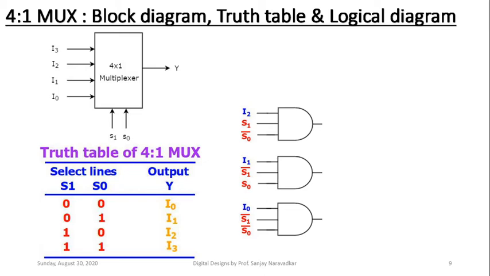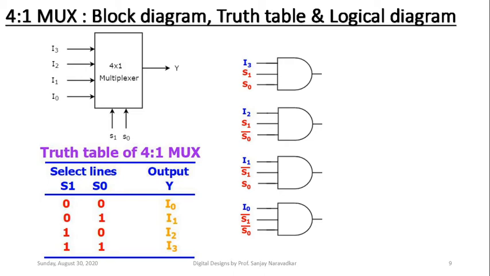And then the last AND gate, which is to be shown on the top of all, is for steering I3 to the output of that multiplexer. This entry from the truth table will be the last entry. To steer I3, S1 should be 1 and S0 should be 1. So that upper AND gate has I3, S1, S0 connected as they are. Why as they are? Because from the truth table both are logic 1 to steer I3 to the output of that multiplexer.